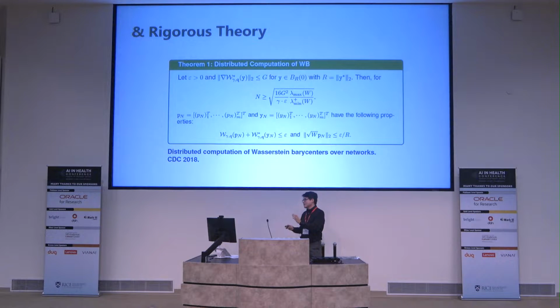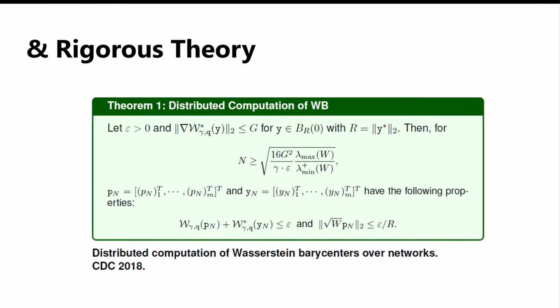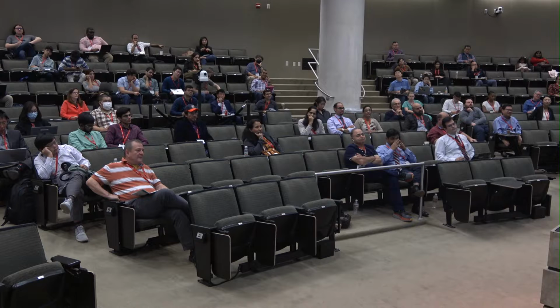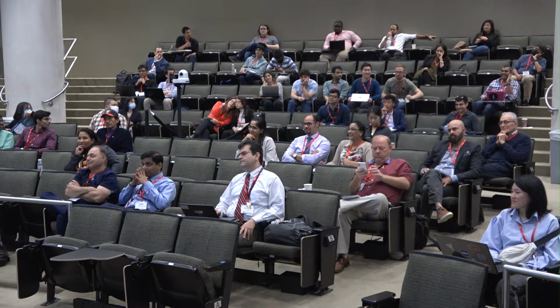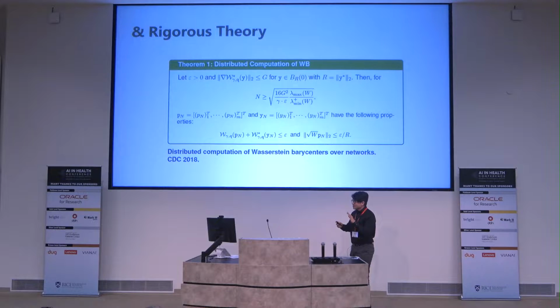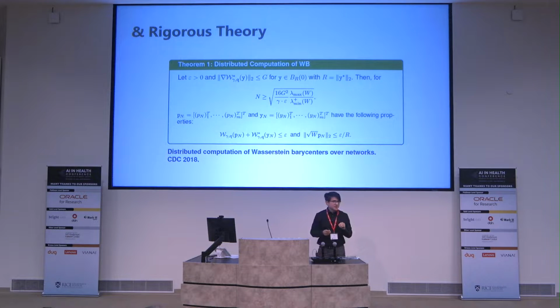And of course, I'm an applied mathematician, so I cannot avoid having a theorem in the slides. But now that we're talking about interpretability, I think the best measure for interpretability is if you can write a theorem about it, right? If you can write a theorem about your result, it's fully interpretable. The question is how hard is that? But what I want to point out is that we have a rigorous theory about optimal transport. And we have results like this one.